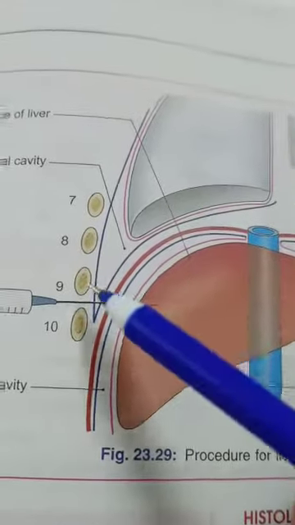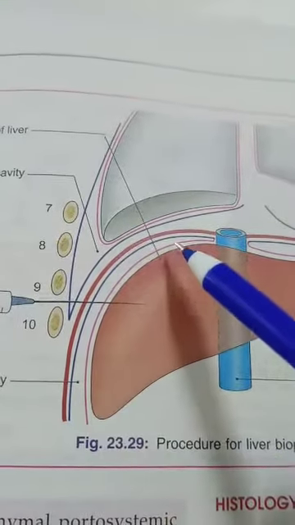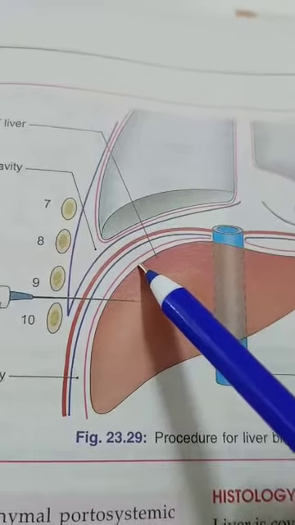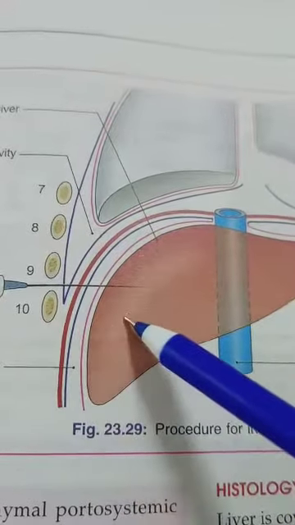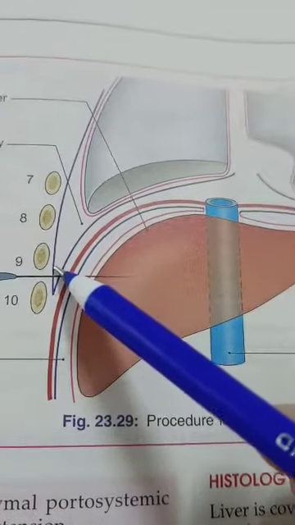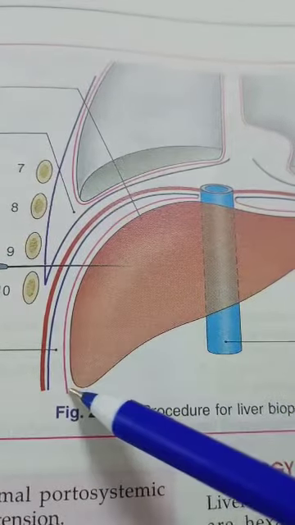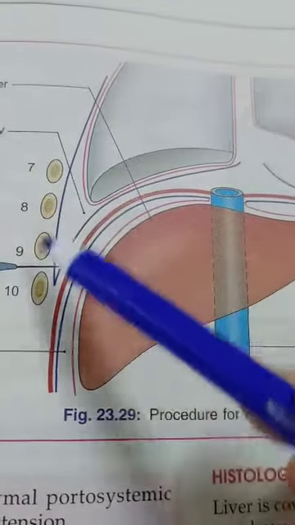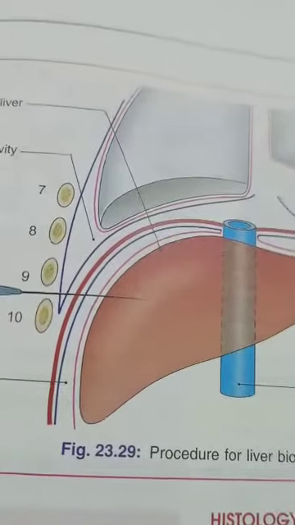So in this picture you can see the lung, pleura, then diaphragm. This is the right surface. The upper one third, up to here, is related to diaphragm, pleura, and lungs. Then this is the middle one third portion, related to diaphragm and pleura. Lung will be seen in the upper part only. Then the lower one third portion is related to only diaphragm. Commonly it is related to the 7th to 11th rib, up to the 11th rib. So that is the relations of the right surface.